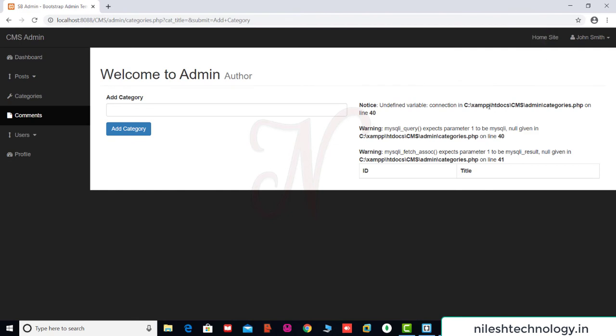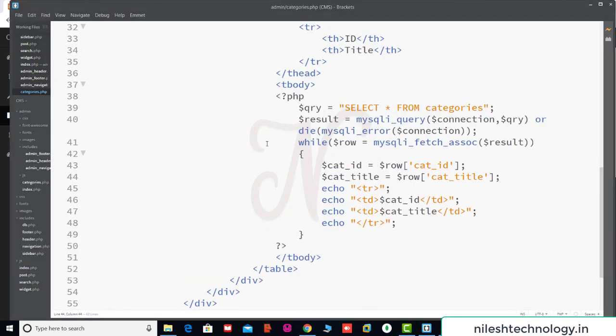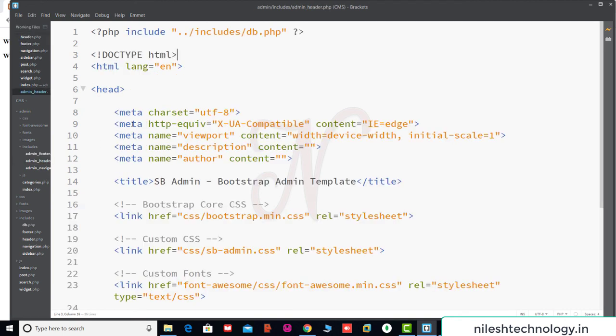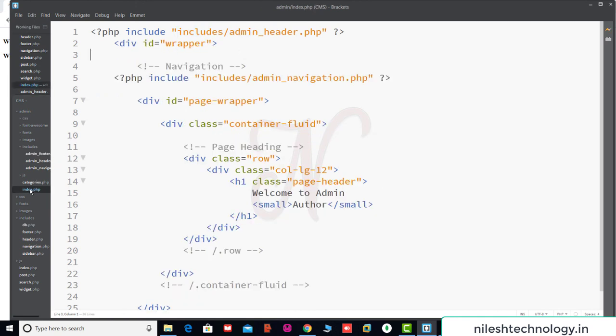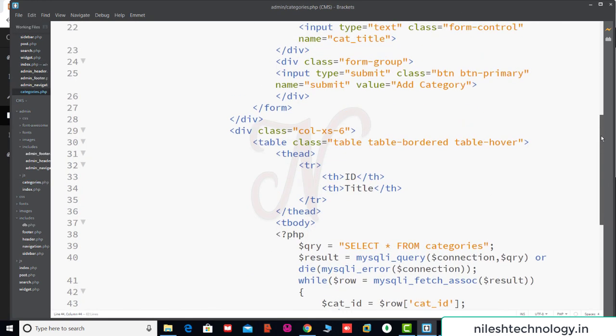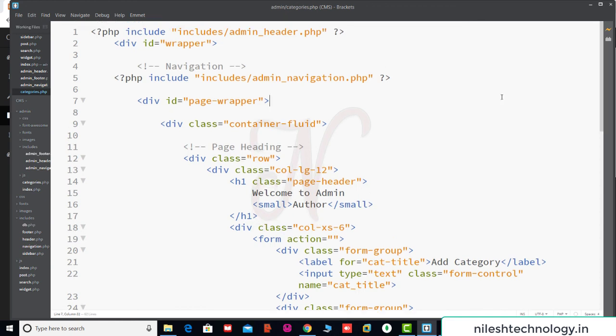So going to this category page, see there is one error, that is mysqli_query expects one parameter, mysqli_fetch_assoc null. So here we save all these file changes. So first db.php Control S, then this is the admin header. Here we include this db file from the parent directory include. So save changes Control S, then index.php Control S, and finally this is categories.php Control S. So save here.